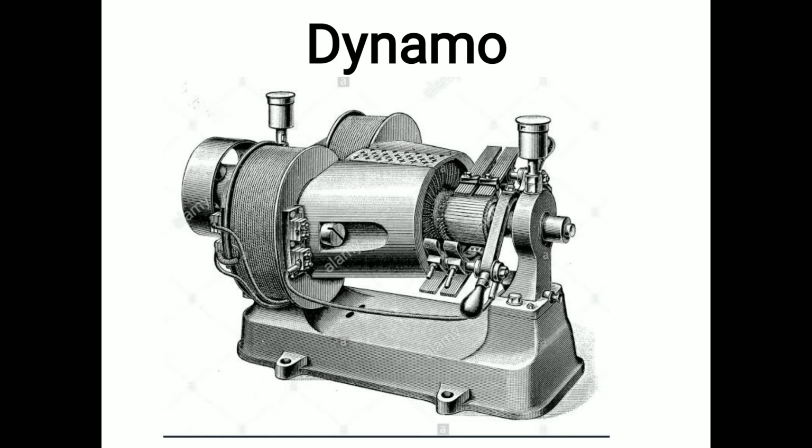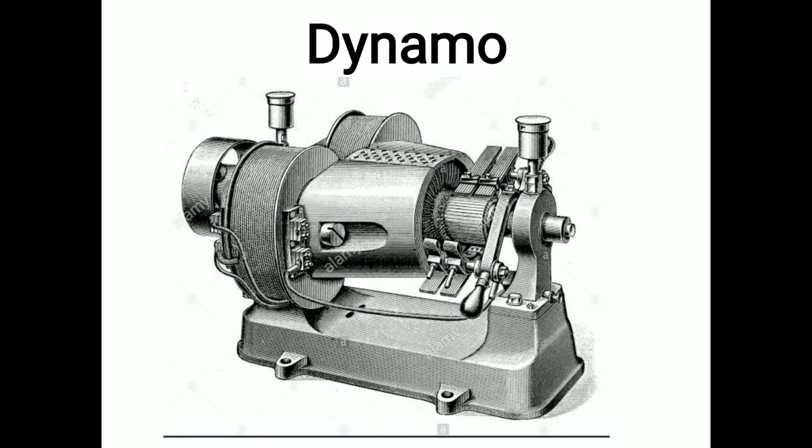Next is an instrument used for generation of electricity. This is called dynamo. A dynamo is an electrical generator that creates direct current using a commutator. Dynamos were the first electrical generators capable of delivering power for industry, and the foundation upon which the electricity runs through the different lights.